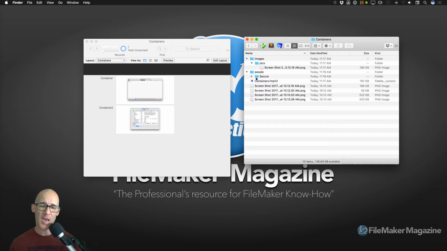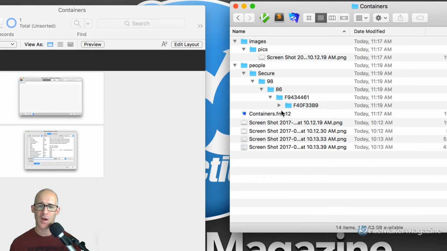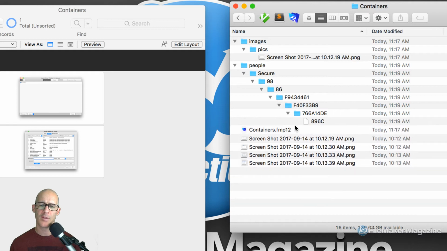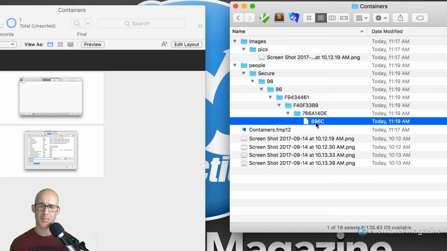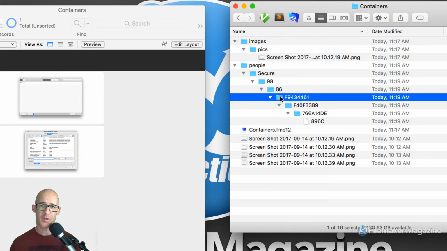Notice that FileMaker has created a secure folder, which ends up being 98, 86, F94, F04, 76, and we finally get down to the image. Now, this is not the same all the time. This is all the encryption that FileMaker uses. So all of these numbers and all of these subfolders will all be completely random,